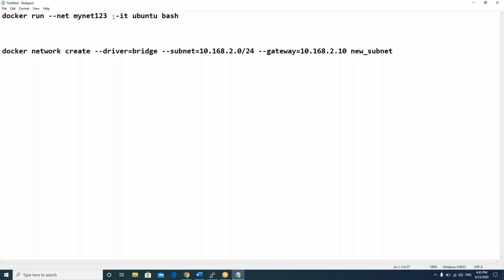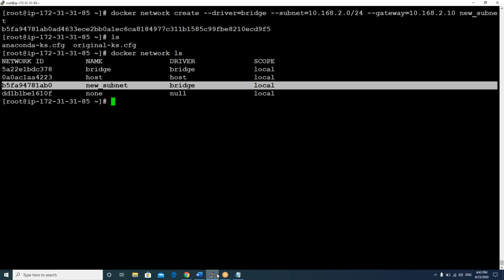And here change your network name also, because your network name is new underscore subnet, not mynet123. You can see in the output below, you created your network with new underscore subnet as the name. Now copy this command.